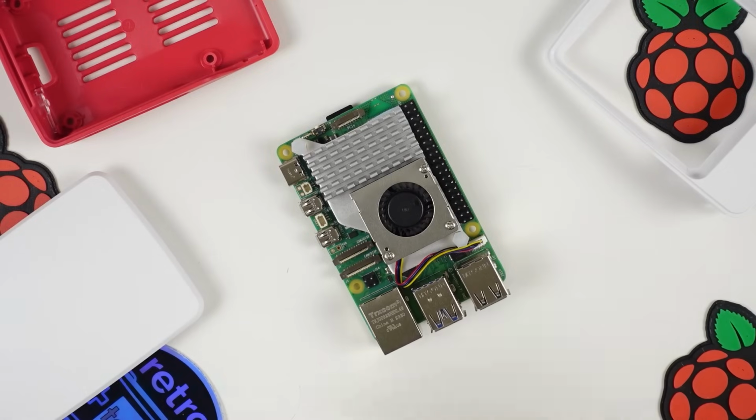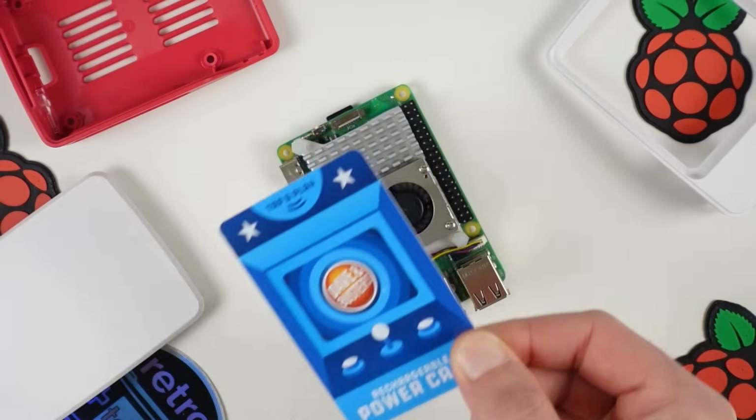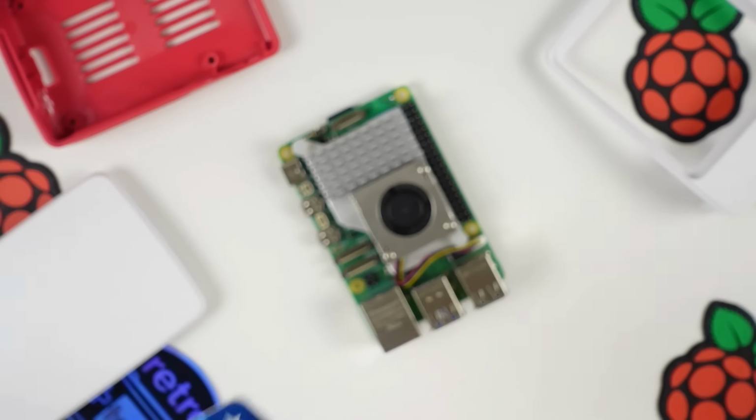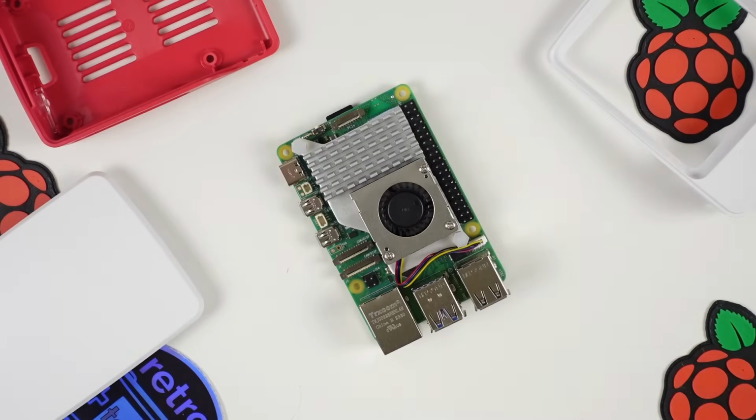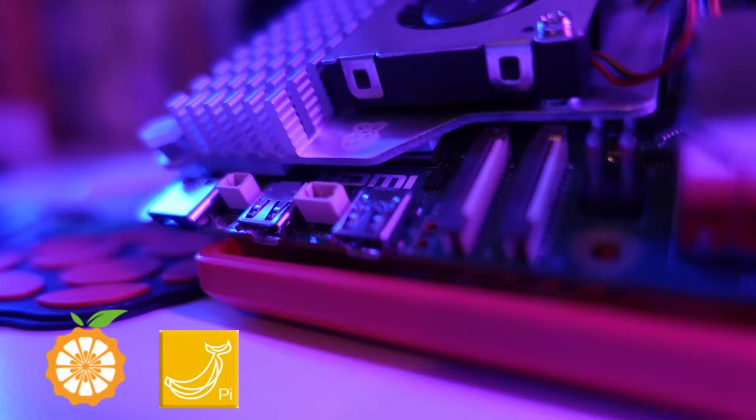I have a feeling I will be continuing to explore the Pi 5 on the channel, but not only that, I am very excited to see continued development for the Raspberry Pi 5, as well as further optimizations to make the hardware shine through software. Now, in terms of Pi, well, there's lots of flavors now to enjoy, and as a sneak peek, I will be discussing some other tasty